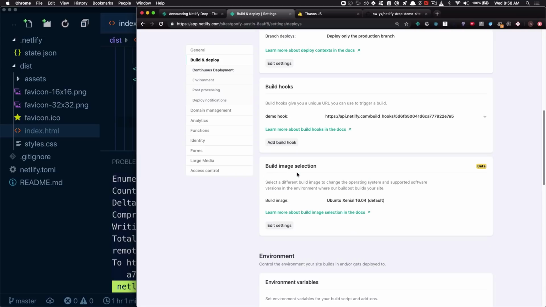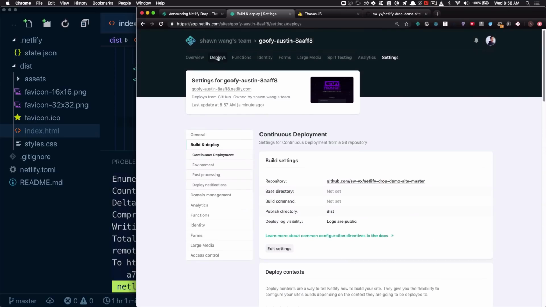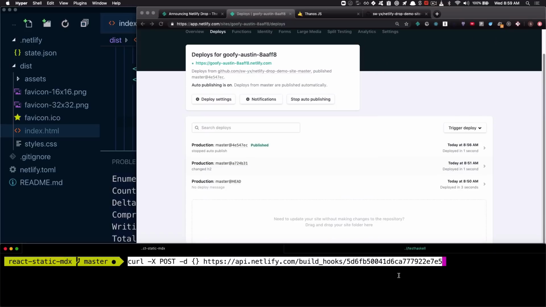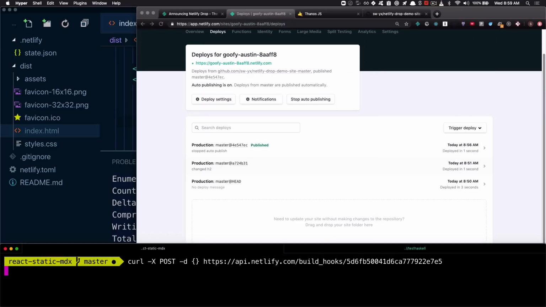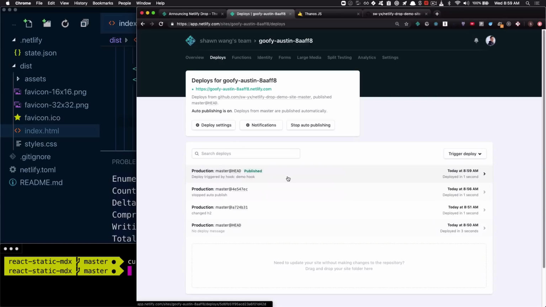And you can save it, and that gives you a build hook with which to use. Now there's a very useful curl command, so I can actually paste that in. Let's head over to the deploy section, and I'm going to bring up my terminal and copy it from the build hook section. I'll fire this off, and now if I wait long enough or refresh, I can see that a new hook has been triggered by